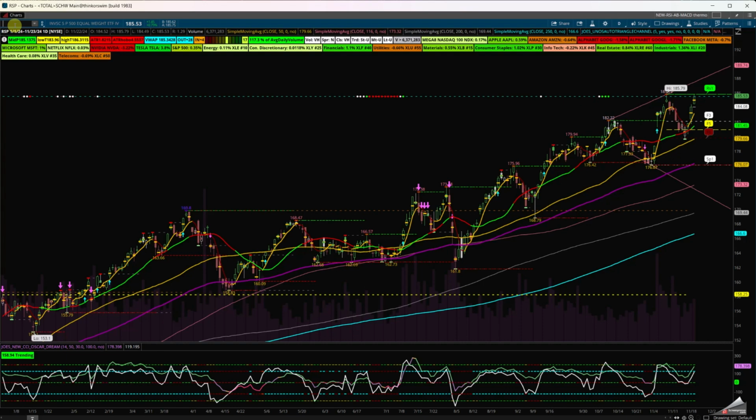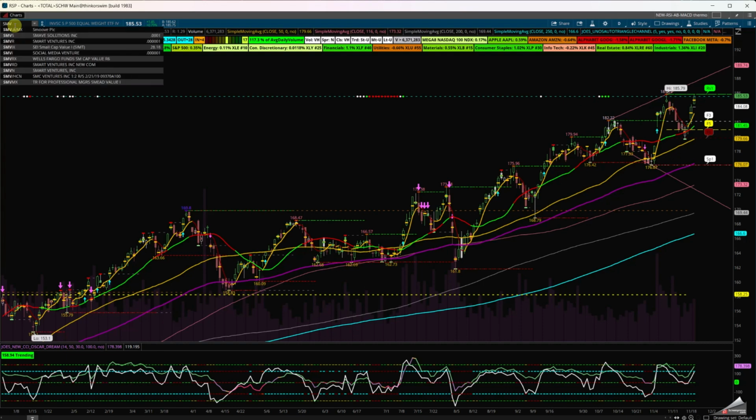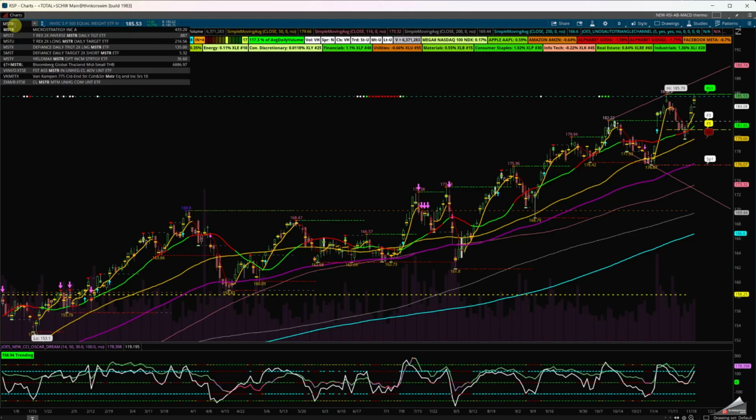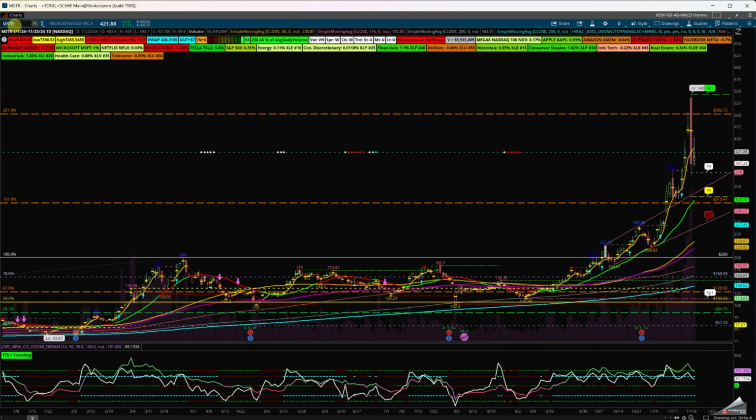Let's take a look at now, one other one. Let's do one more. I want to do MSTR. This is basically a Bitcoin leveraged fund, MicroStrategy Inc. You can see this push last week, and I had called it on Twitter. If you go to my Twitter feed, or on Discord, I said be careful of this handle, there may be a change in the trend.